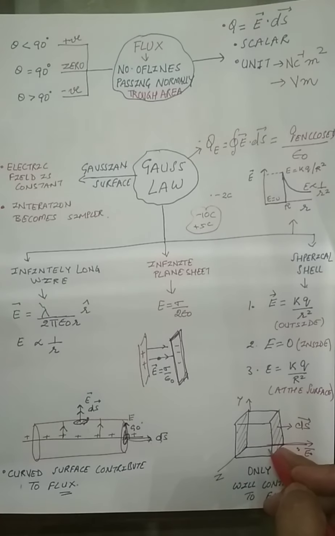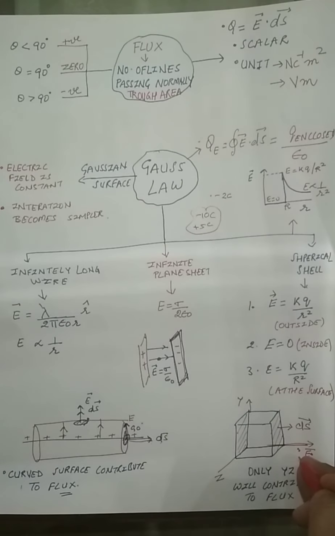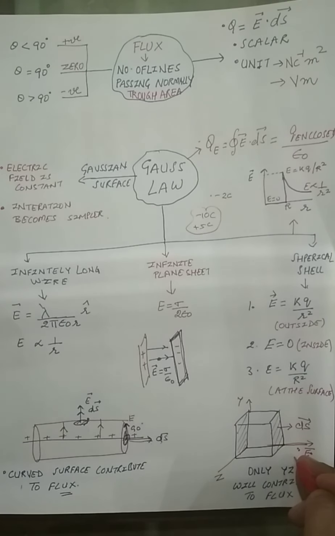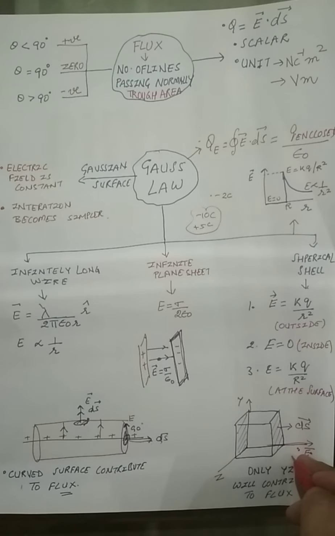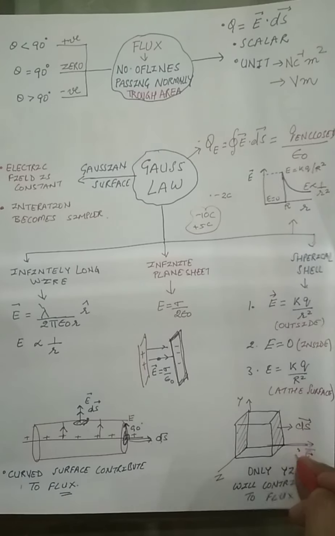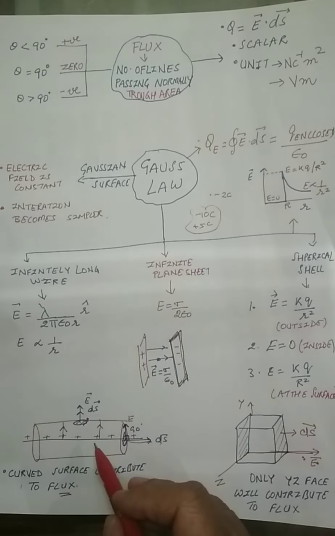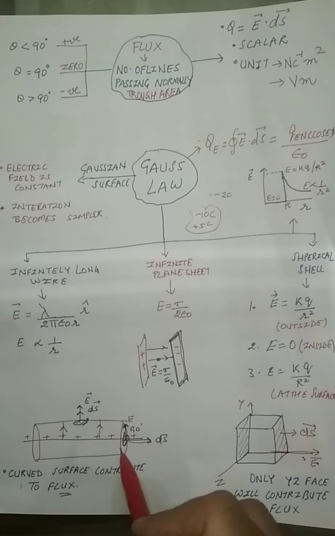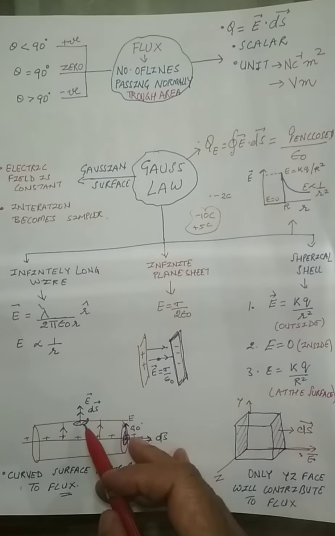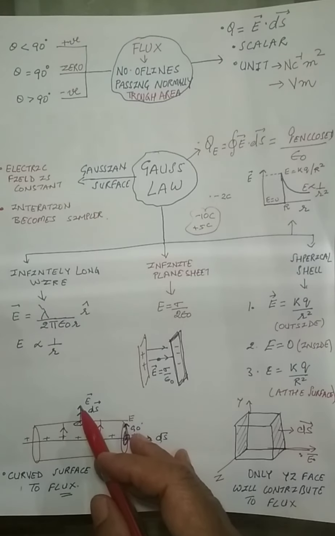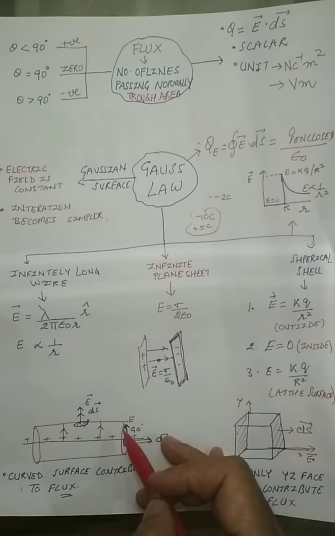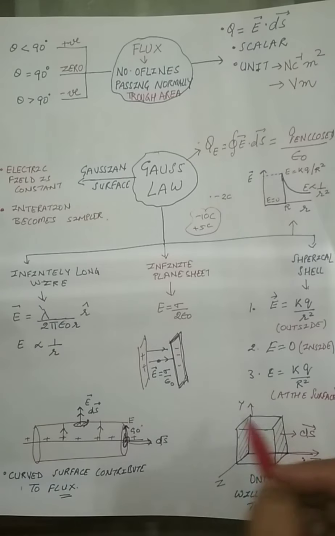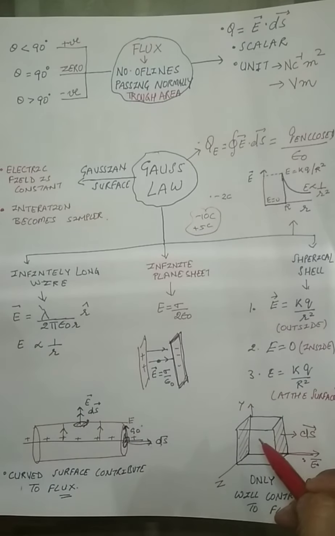So this is one of the questions which I have discussed just now, that you have to be very careful. You have to see the angle between E and dS. Only when cos theta is 1, that is theta is 0, will those faces contribute to the flux. The other faces will not contribute to the flux. As in the example I did in the previous video, in the case of the wire, only the curved surface area will contribute to the electric flux, because the element I have taken has E and the area vector in the same direction, and the end caps will not contribute to the electric flux. So this type of question can be asked on Gauss's law.